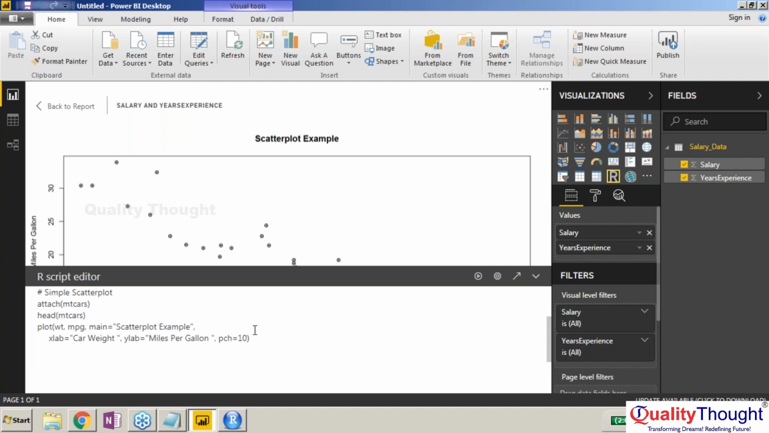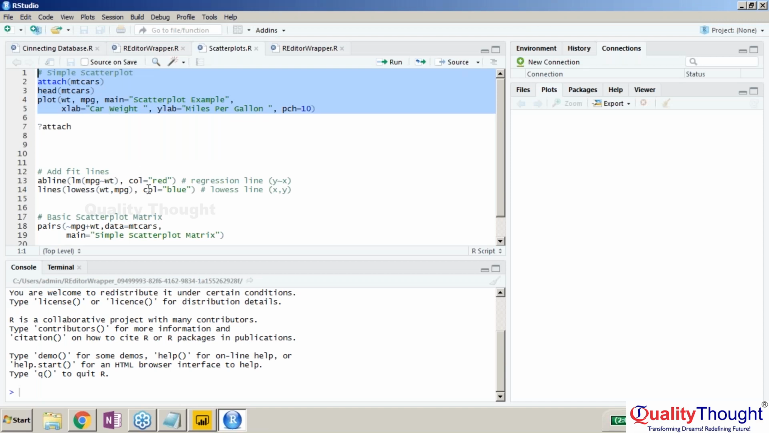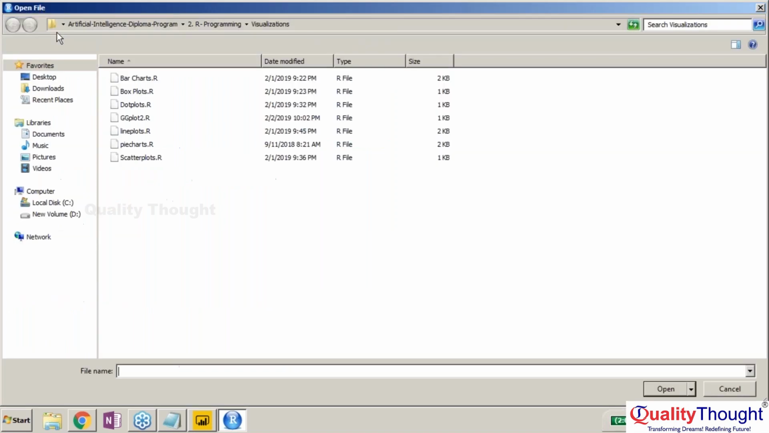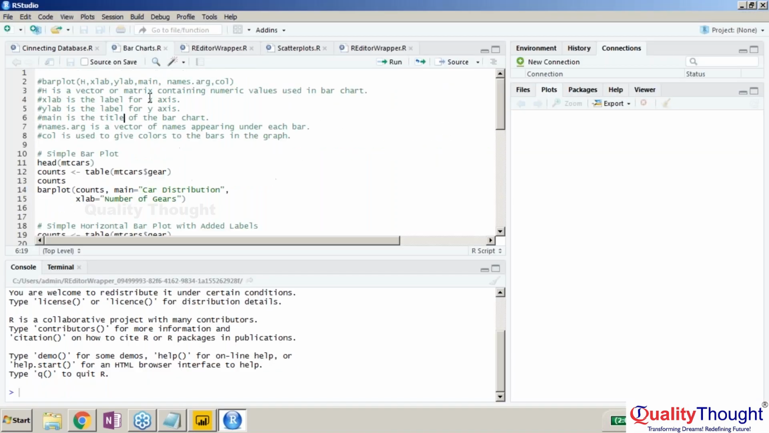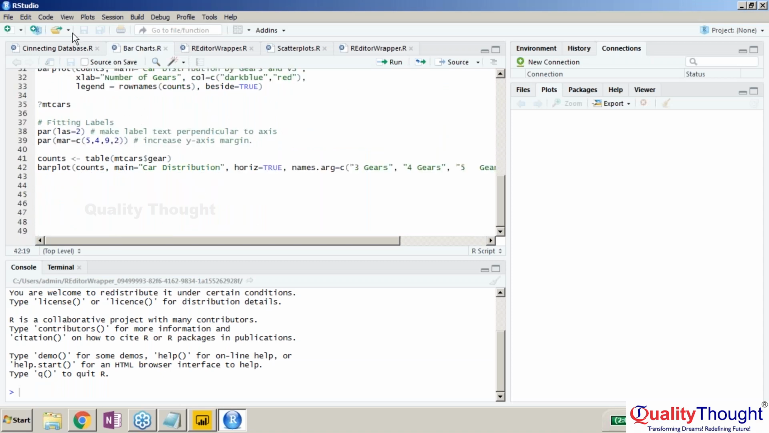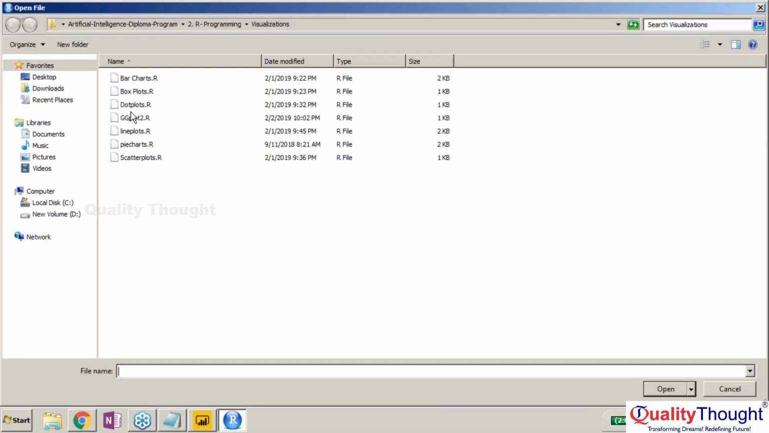For example, I wanted to see only the data related to the salary and years of experience. For that, I have to try loading the data set, and then I can make the visualizations. Something like,